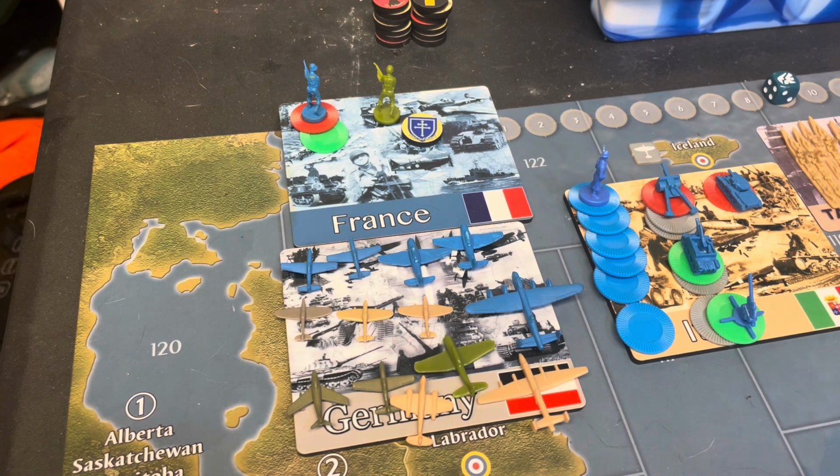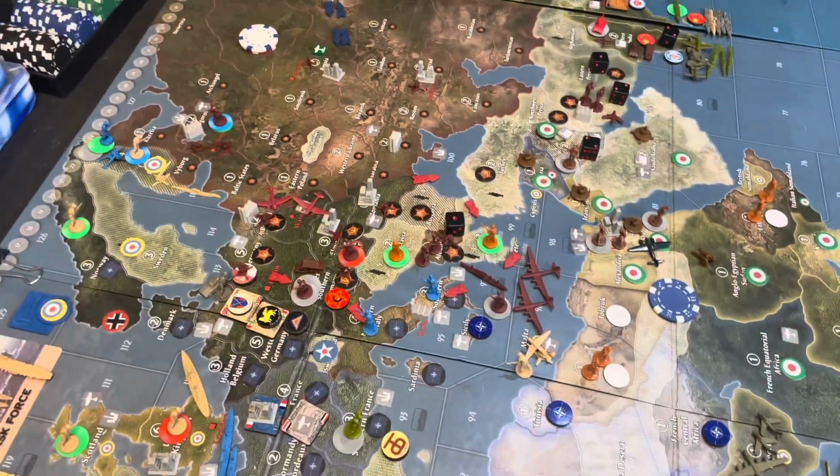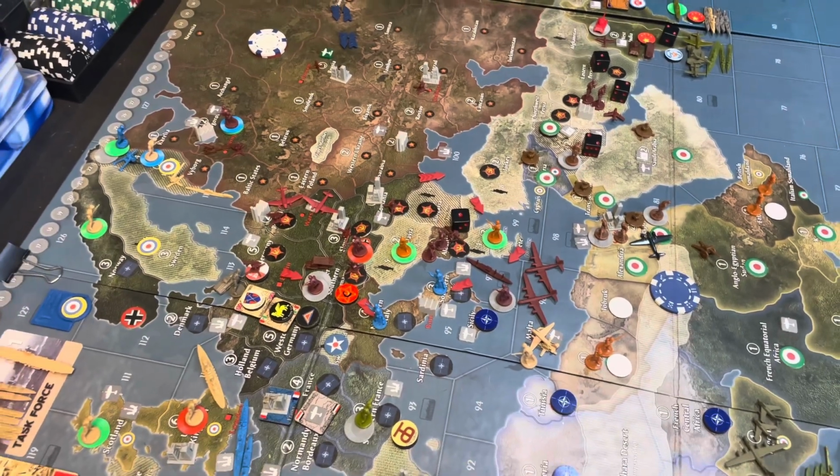Maybe we can draw the Allied Air Force out and do some damage with it. But so, all right, so that's that for now. I will have to do the call with one of the Allied players, and I will be back with the